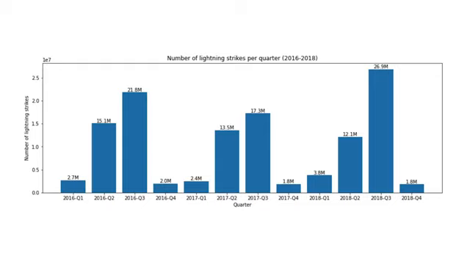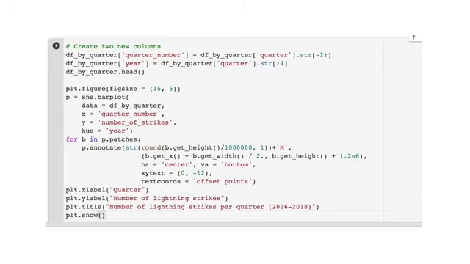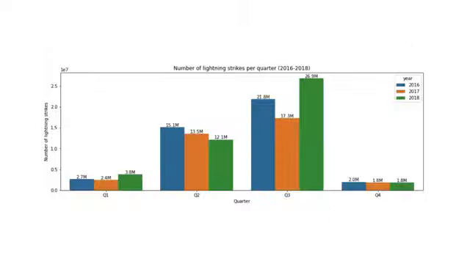To make the information easier to digest, let's do one more visualization. Here is the code for plotting a bar chart that groups the total number of strikes year over year by quarter. Review the code carefully and consider what each function and argument does in order to create this final polished bar chart. Each year is assigned its own color to highlight the differences in quarters. And now we have our chart.